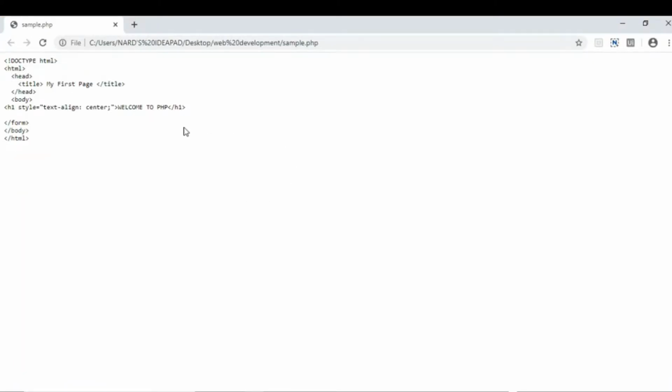See here, while opening a PHP file in a browser, this happens. This is because PHP is a server-side scripting language and we need a host for PHP files to be rendered.